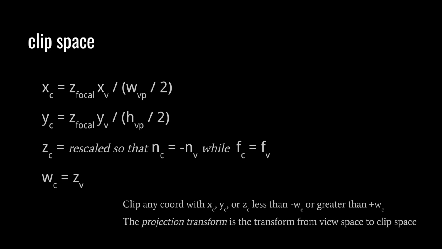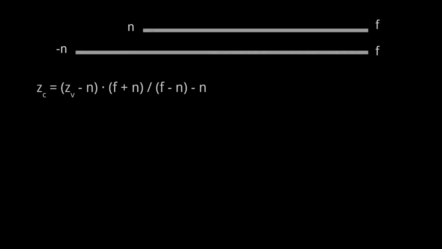Because we now actually want to compute our projection matrix, I'll show you exactly how to compute the z of the clipping plane. So the problem again is that we want to scale z values from the range of n to f into the new range of negative n to f. And we can do that first by adjusting the z values to a range that runs from n to f, but oriented on 0. So we subtract n from z. And then for that adjusted z, we want to know proportionally what percentage of the distance from n to f that is. So we divide this value by f minus n, and we have effectively a percentage,